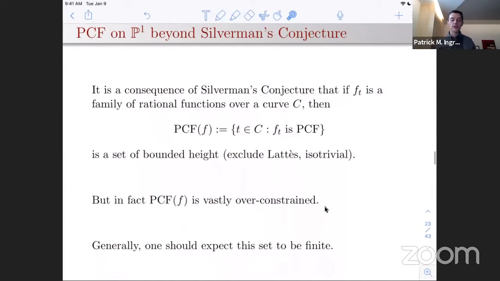Okay, so I'm going to move on to these questions in higher dimension. But before I do that, I want to mention some more work in P1 that's still ongoing. We have an answer now to this conjecture of Silverman, but there are still a lot of interesting questions over P1 about the dynamics of critical points and critical heights and so on. In particular, I want to mention the dynamical Andre-Oort conjecture, in part because I think during Holly's talk 2 weeks ago in the chat, it was advertised that I might talk about this.